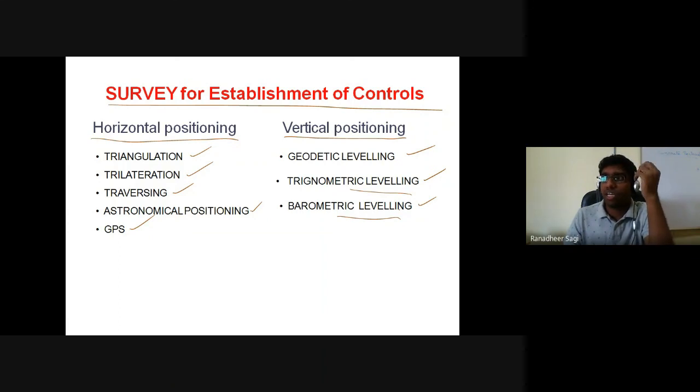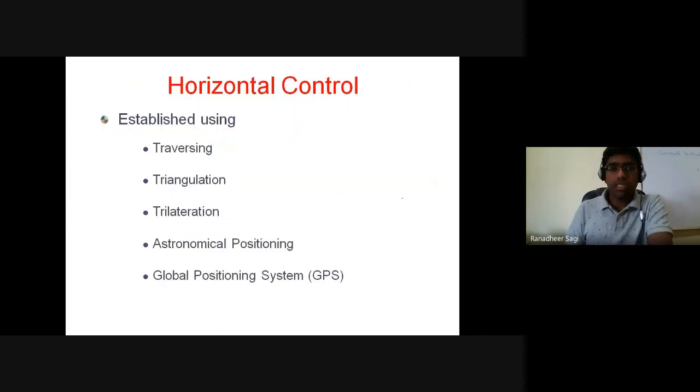So in the case of vertical control, you are trying to locate the positions of various points in the vertical plane, which refers to the determination of elevations and so on. In this triangulation topic, we'll mostly focus on what is called horizontal control. However, with respect to the triangulation station positions, station A, station B, station C, it's not only the horizontal angle between the survey lines.